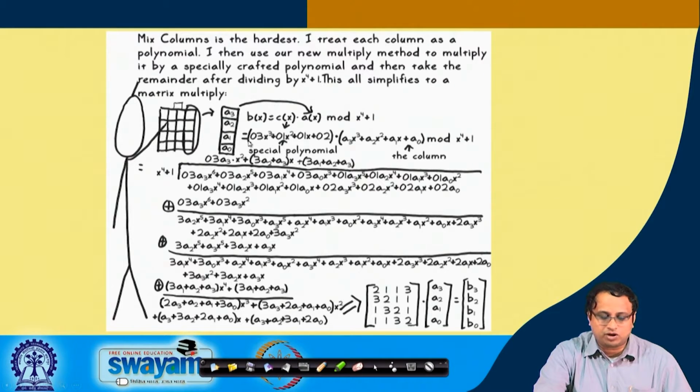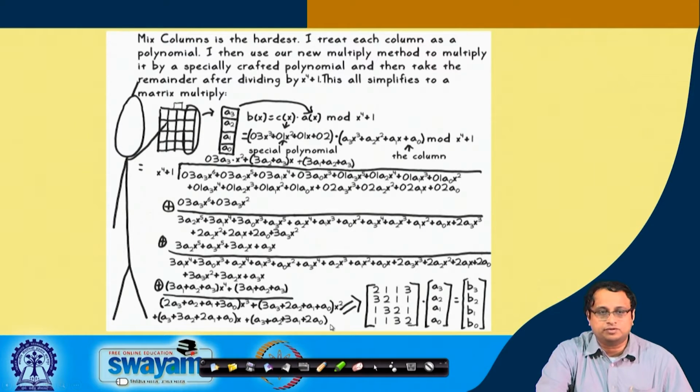But at the same time, to get the decryption, I need to ensure that this special polynomial has a multiplicative inverse. So, it indeed happens that this particular polynomial has a multiplicative inverse, and therefore we can apply a decryption process. In the encryption step, we take this polynomial, multiply it with this special polynomial, and then apply modulo x to the power of 4 plus 1 to get another result, which can be represented as shown here, with x cube, x squared, x and a constant term,